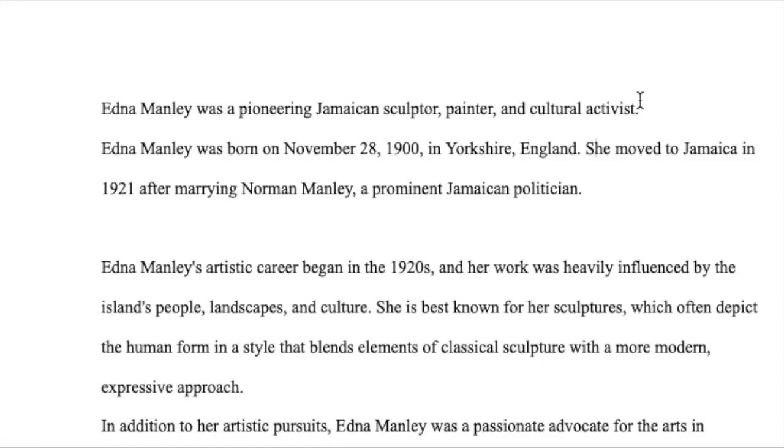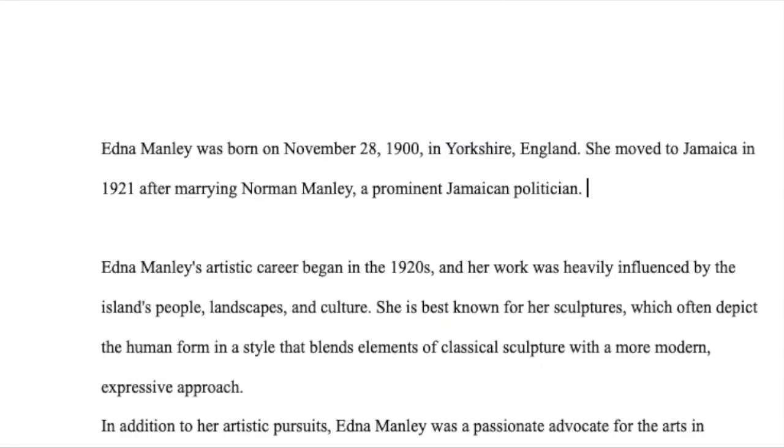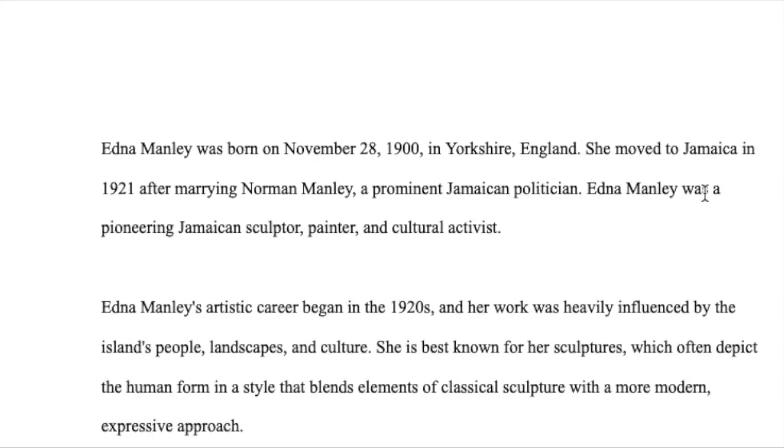And how you can add this now, you could say Edna Manley was a pioneer Jamaican sculptor.